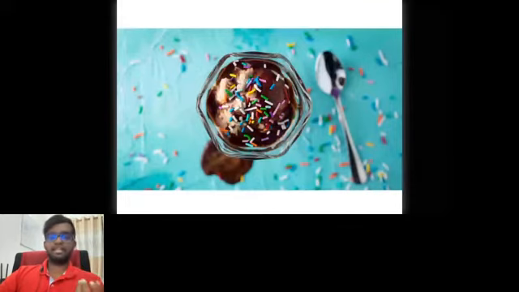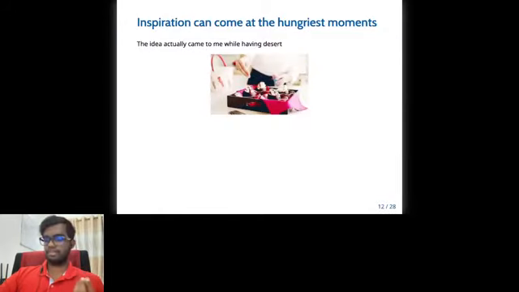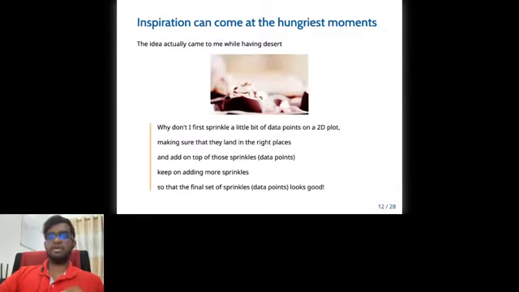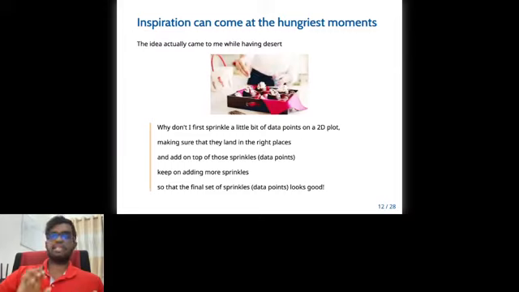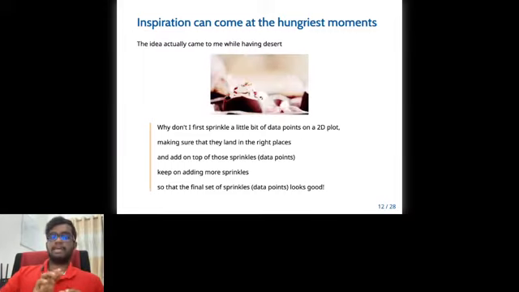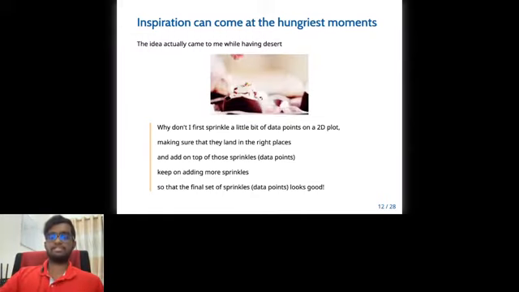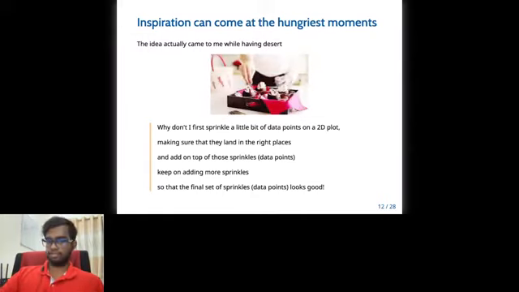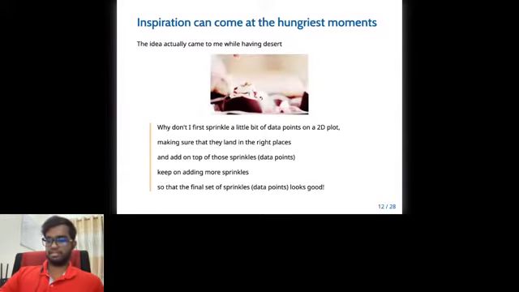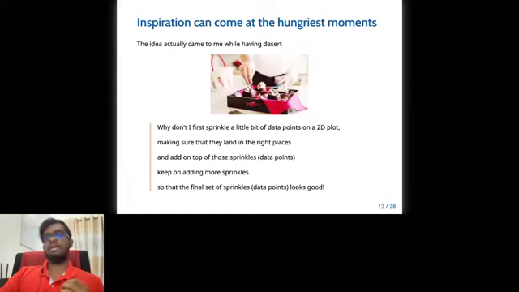And the idea was, why don't I first sprinkle a little bit of data points on a 2D plot so that they land in the right places, and on top of that, I add another set of sprinkles so that they are also landing in the right places. And I keep on doing that so that the final set of sprinkles looks actually really good. Now, this at the very beginning might sound a bit like Archimedes screaming Eureka and running around naked,